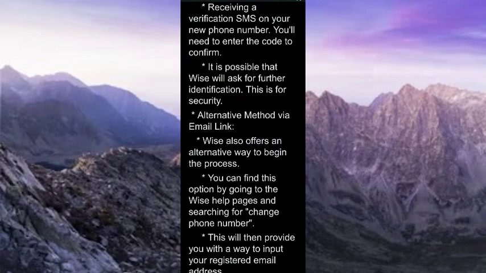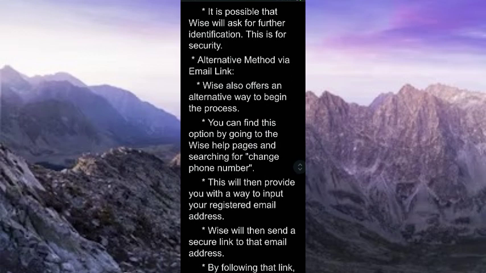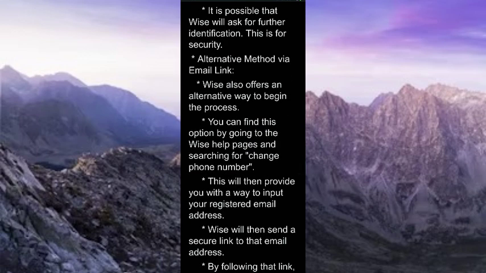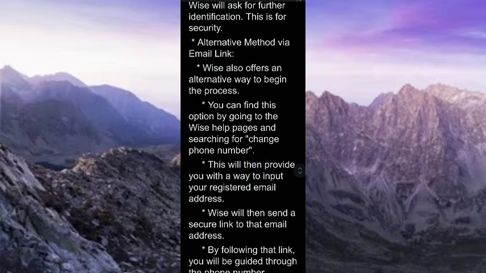It's possible that Wise will ask for further identification. This is for security. Alternative method via email link. Wise also